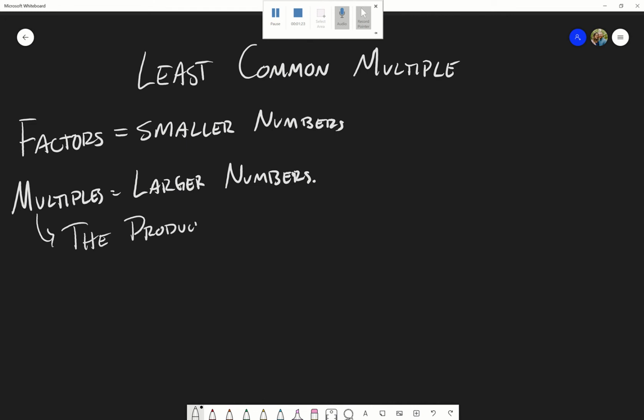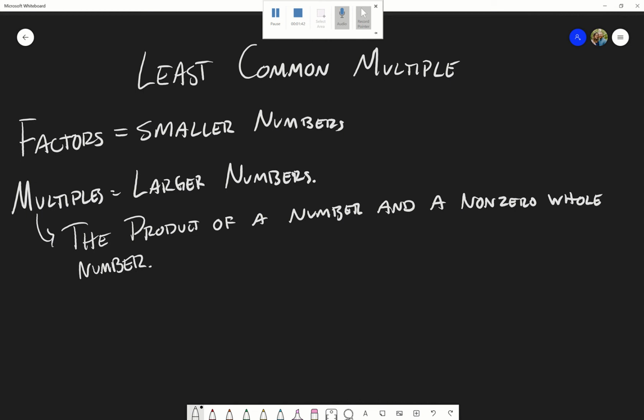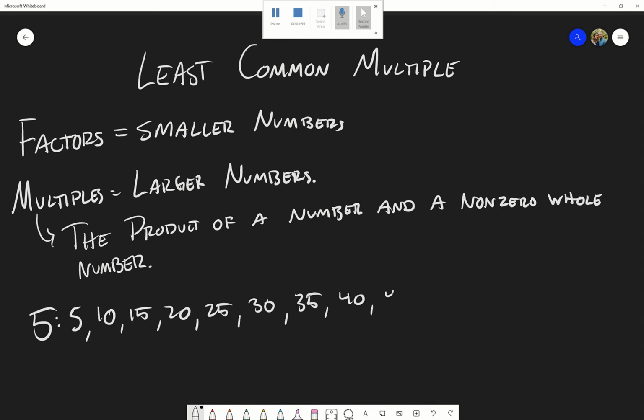product of a number and a non-zero whole number. Right? You know multiples. So I want to say, all right, what are the multiples of 5? You would say, okay, well, this is just skip counting. Multiples are skip counting. So this is 5, 10, 15, 20, 25, 30, 35, 40, 45, 50, and continue on